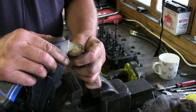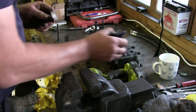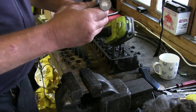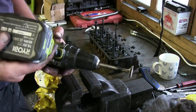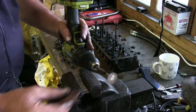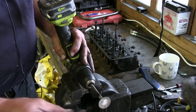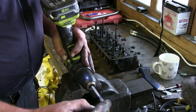Right, so we try and get most of the carbon off. Then all we do is stick it in a drill, it doesn't matter which way it goes, get yourself a little bit of abrasive paper, put the drill in a wash aim, and then just scrub